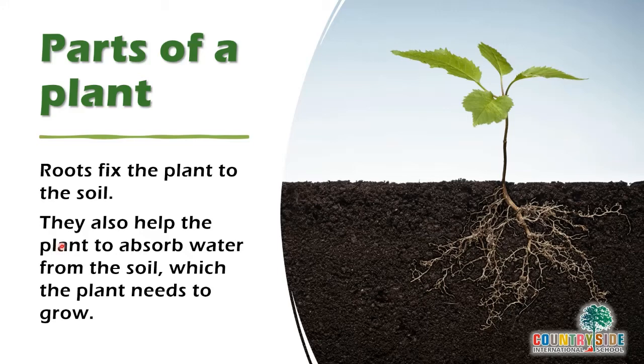Now what do roots also do? They also help the plant to absorb water from the soil which the plant needs to grow. Whenever you find mama watering the plants, she will not water on the leaves, but she will water on the soil. She'll put ample water on the soil. This soil has got water around it. What roots do is, they absorb, they suck the water from the soil and they send it to the parts of the plant, because the plant needs water to grow and this helps the plants to grow.